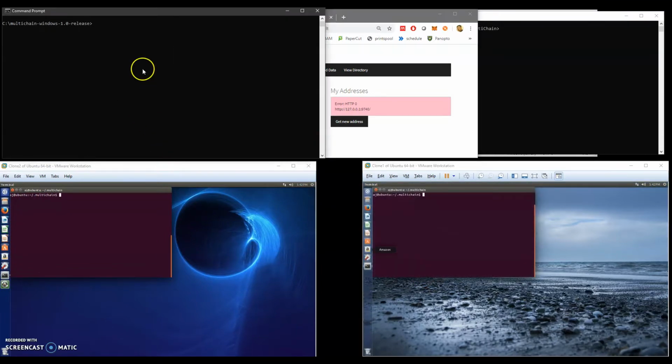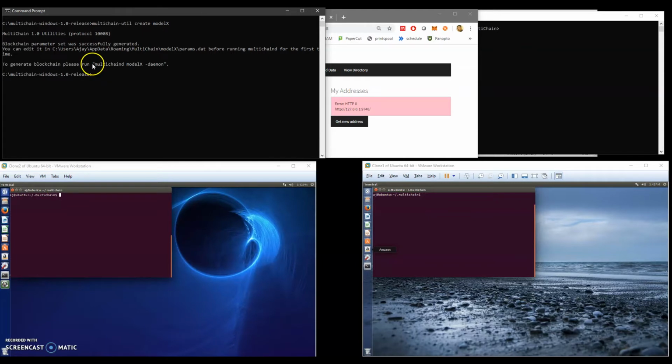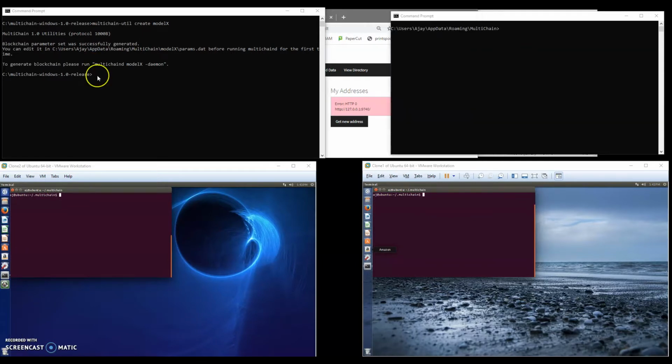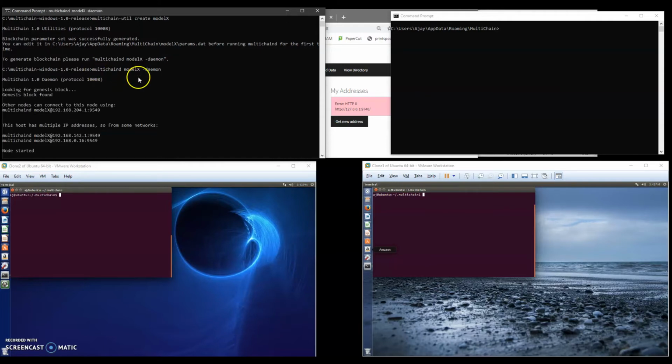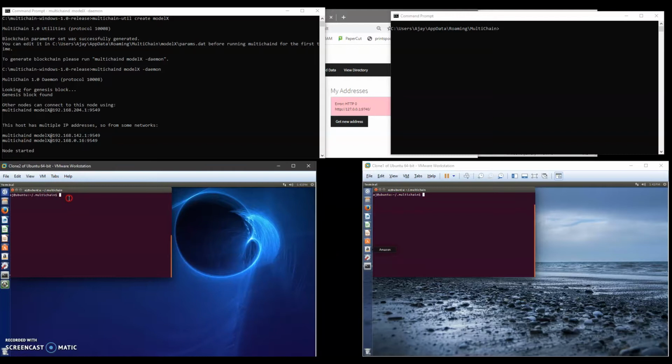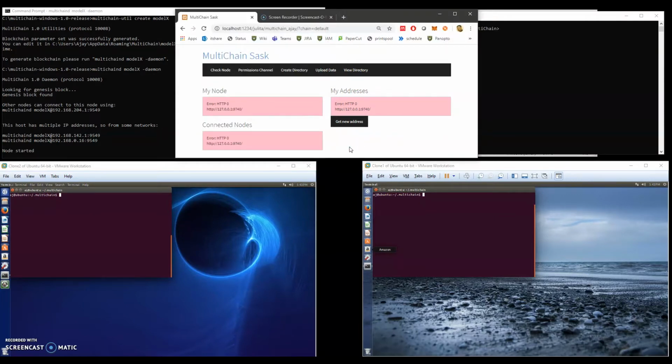And the administrator first creates the blockchain by giving it a name, model X, and it starts the multi-chain daemon for this model X blockchain. Now this is the IP address here, which can be used by the other nodes to get connected to the main blockchain. But before that, some of the blockchain parameters are to be configured into the blockchain configuration file, and